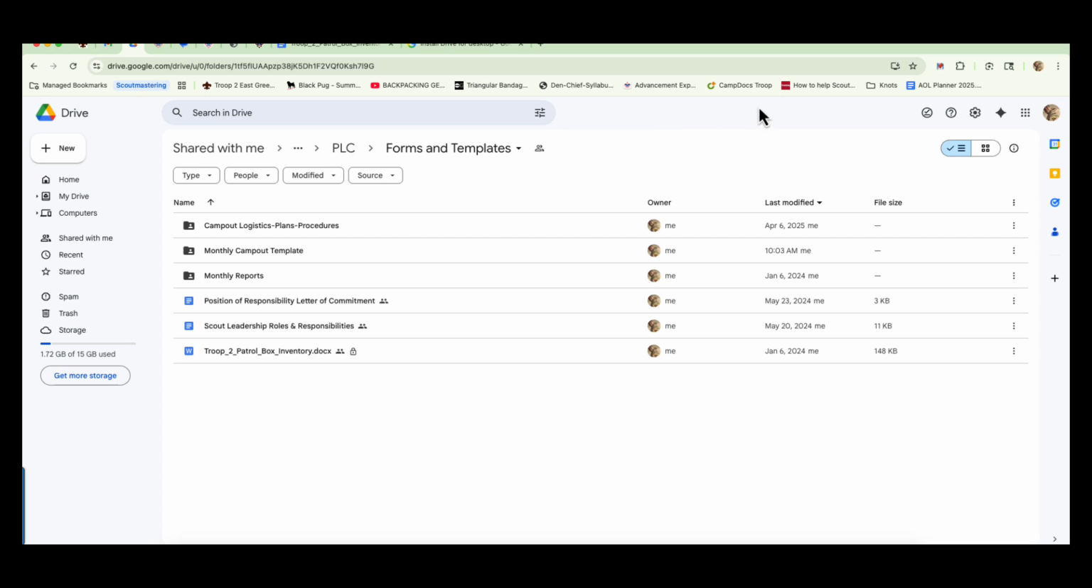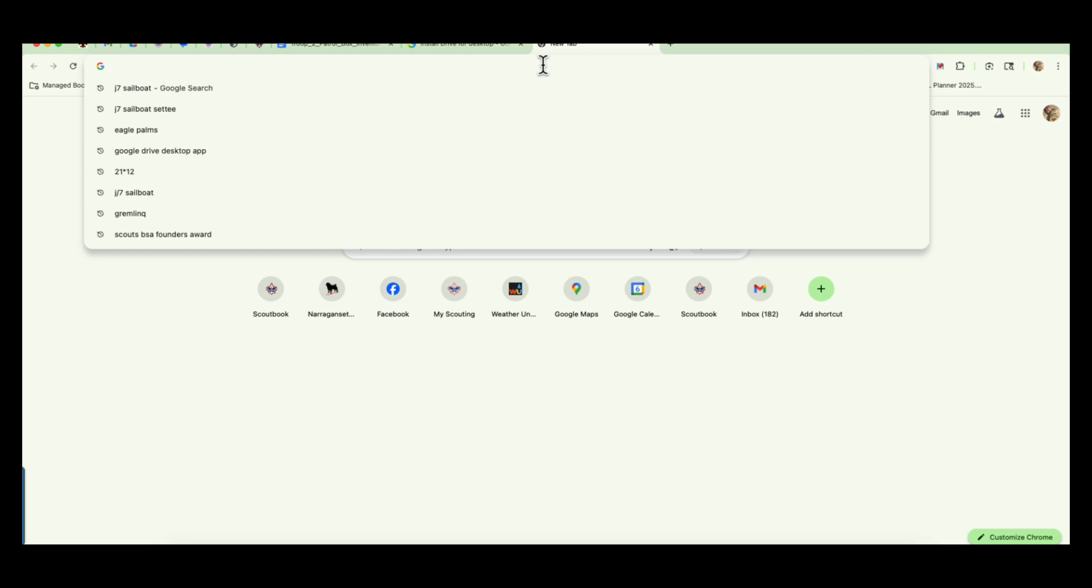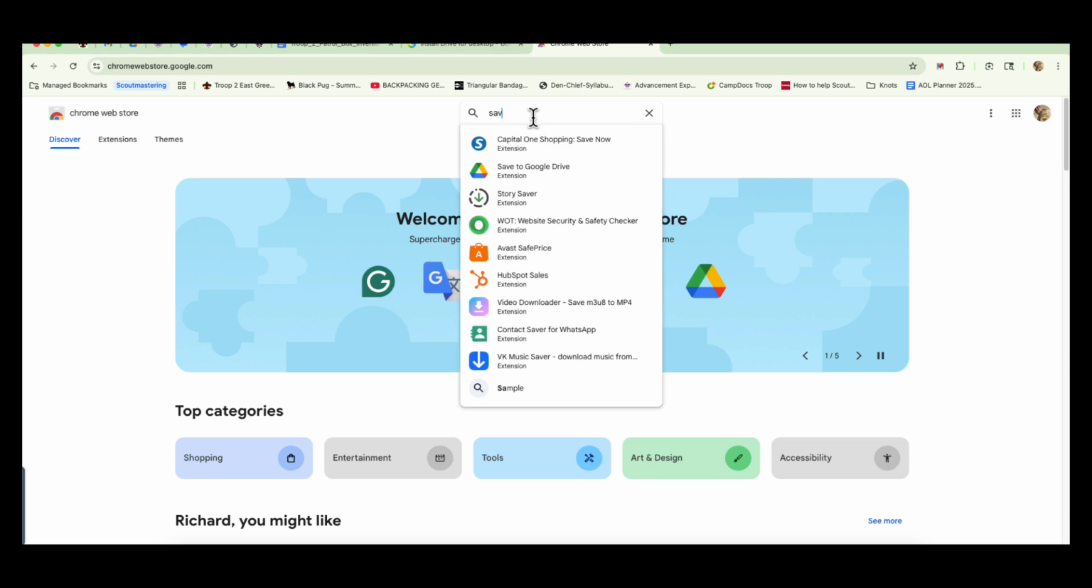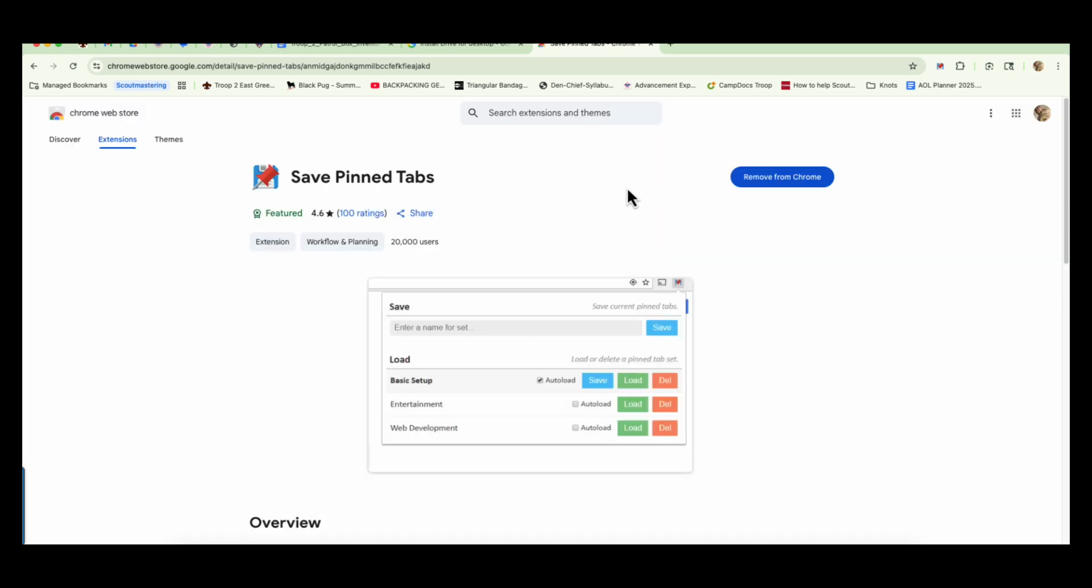The other thing I use is this little Chrome plugin called Save Current Pin Tabs. That's actually the name of it, I believe. So if we go to the Chrome store and we look up Save Pinned Tabs, there it is, Save Pinned Tabs extension. If you install that, what that will allow you to do is